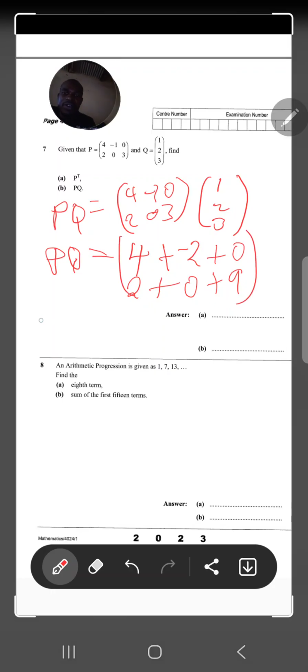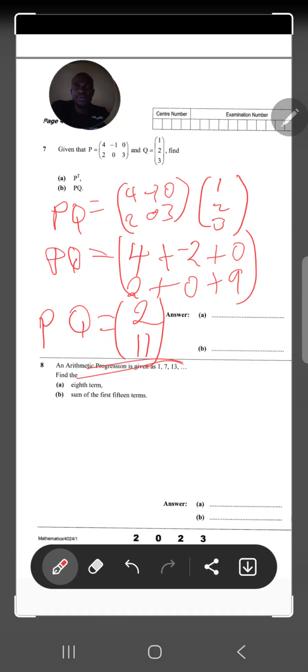And then the final answer will be PQ is equal to 4 plus -2, that will be 2, plus 0, it is 2. Then 2 plus 0, 2 plus 9, that will be 11. So this is our final answer for